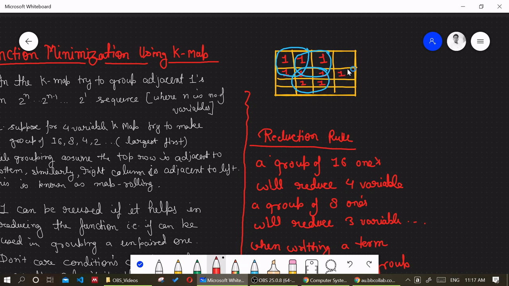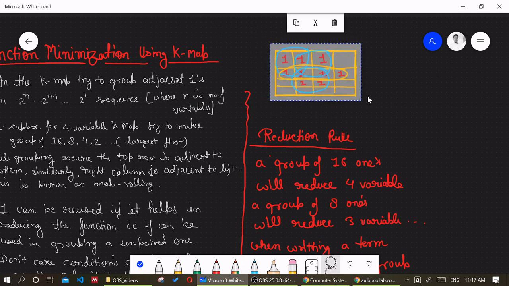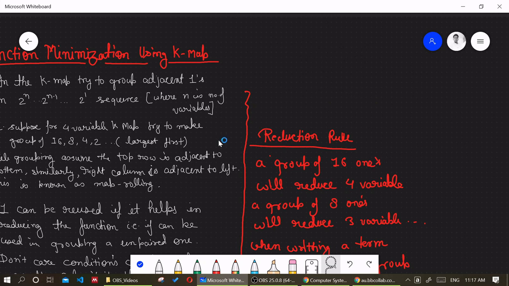You have one option: you can go for a pair, but instead of the pair, I will make a group of 4 ones, that is a quad. Fine, so this is how you do the grouping in the K-map. First make groups of 16, then 8, then 4, then 2.